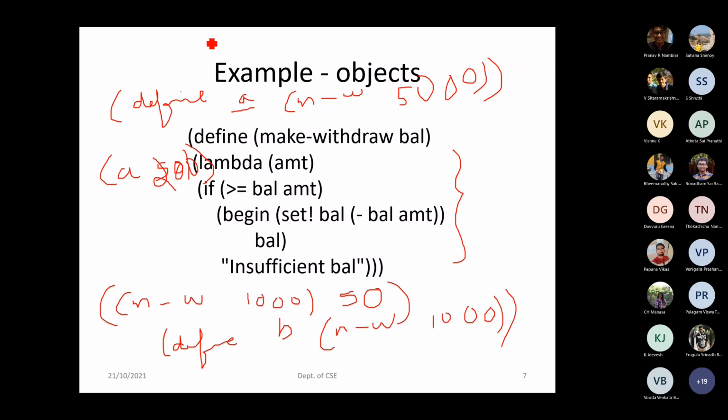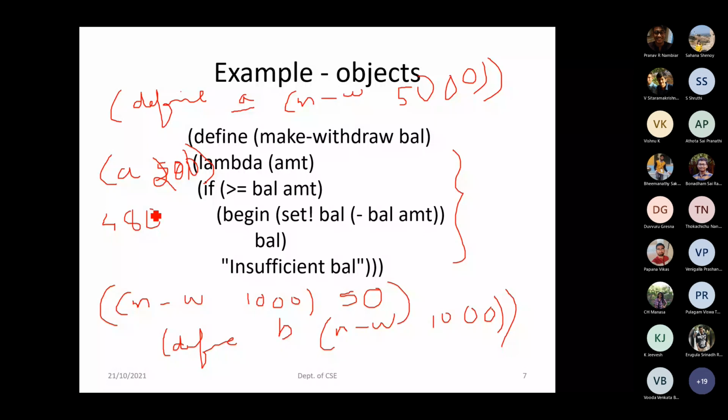So A has the balance set to 5,000 and the amount you want to withdraw is 200. It will check whether 5,000 is greater than 200. The condition will be satisfied, so you will let the person withdraw the amount. 5,000 minus 200 will be done and the value will be 4,800. So you will get 200 in your pocket and your balance will be reset to 4,800.